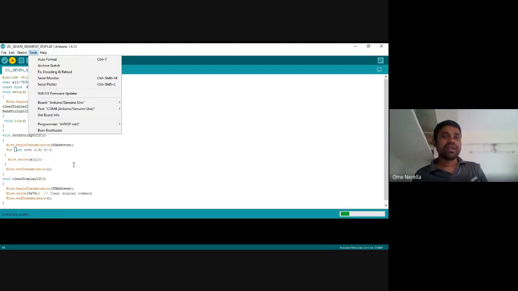Okay, here first you should remember the I2C frame structure. That is the start bit, device address, after that read write, after that acknowledgement, after that 8-bit data, after that 8-bit data acknowledgement, and so on up to the stop bit. Within the start bit and stop bit, we are performing all the things. In order to perform these things, there is a library available, Wire.h.